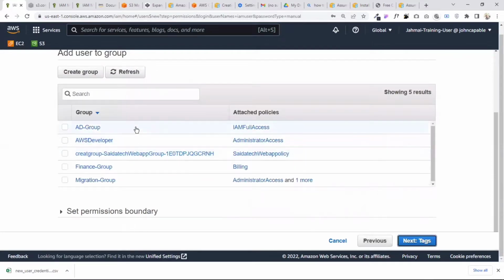If you're having a group, you can create a group for them, whereby you give them maybe IAM full access, administrator access, whatever it is. Maybe you already assigned a group. Let's say in the workplace you're having like 50 employees, and you only want those at the top to have a particular permission, like administrator access. You create a group, then give them the access. If you only want them to have access to certain services, we call them power user, power access. That's their job. Then